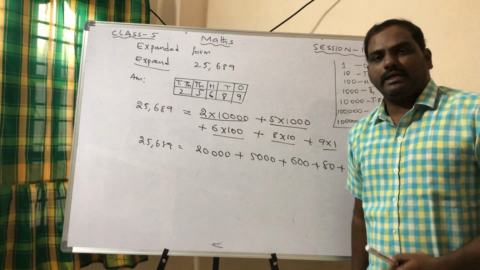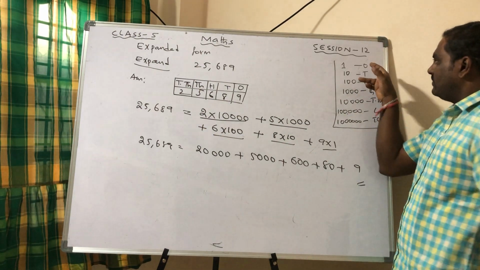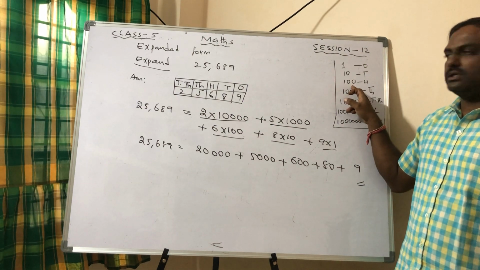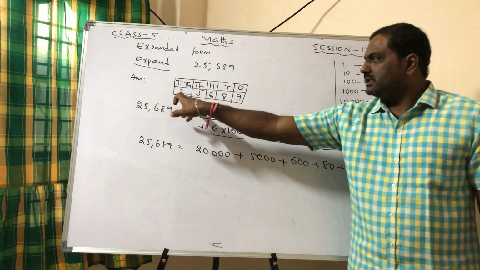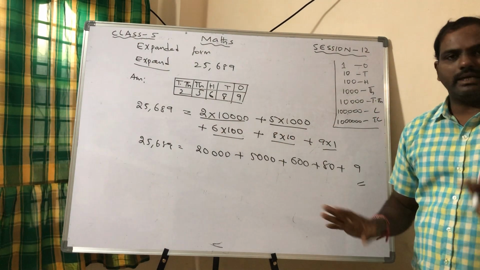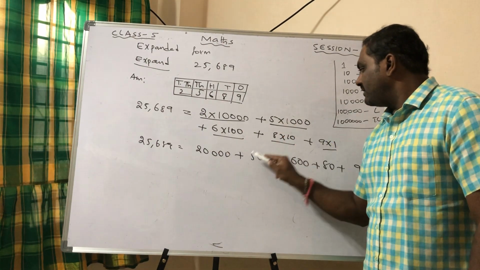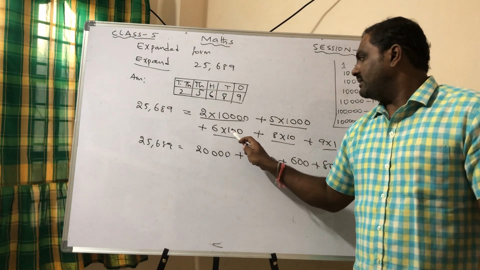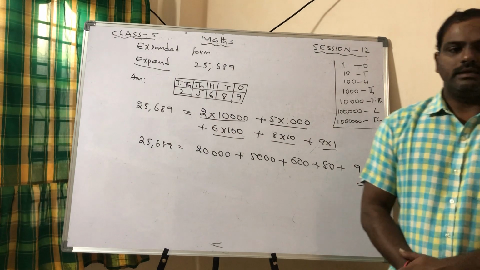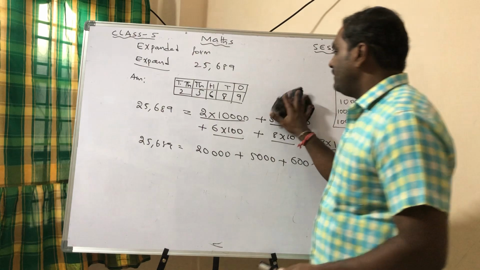What are the basics you have to write? First, take the number and write the boxes. Meanwhile, you have to write like this: ones means 1, tens means 10, hundreds means 100, 1,000 like this. After this, 2 into 10,000. How to do 2 into 10,000? No need to do big multiplication. Very simple. 2 ones are 2, write the remaining zeros. 5 ones are 5, write the remaining zeros. 6 ones are 6, write the remaining zeros. 8 ones are 8, 9 ones are 9. Okay? So this is question number 1. First example. I'll go for one more question.